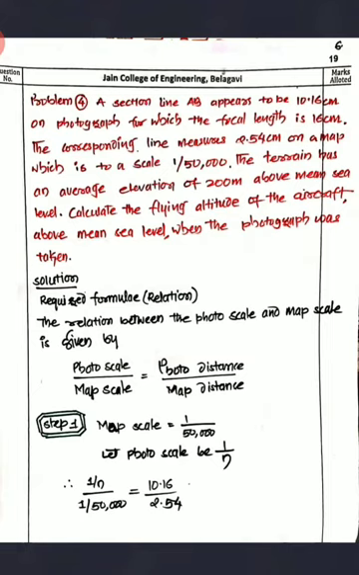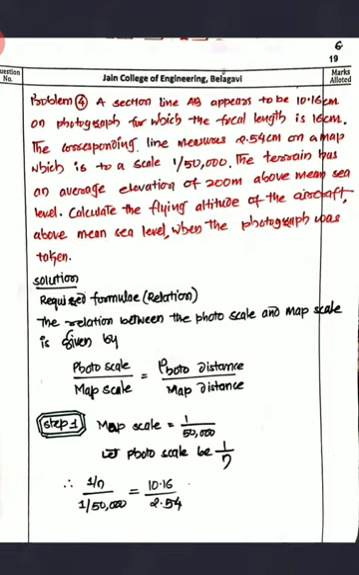What those details are: they have given two different scales. One is a photo scale, along with that they have given a map scale. Say the map scale is 1:50,000, and the photo scale we can take as 1:n. Then by cross comparing those things, we can easily determine the